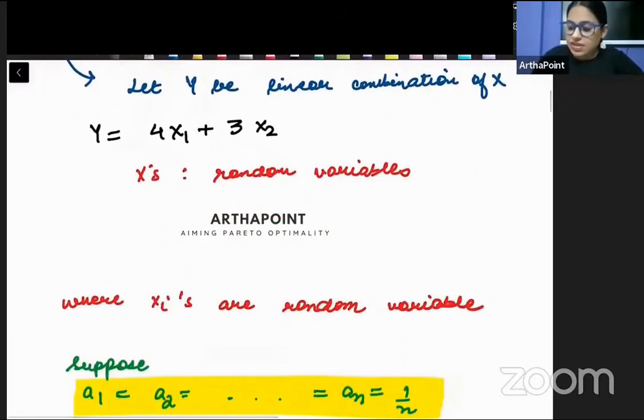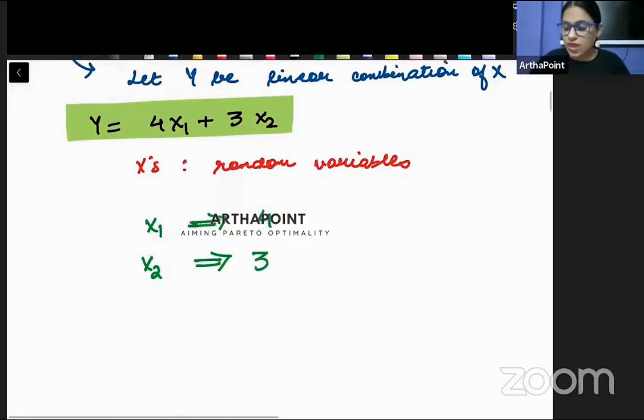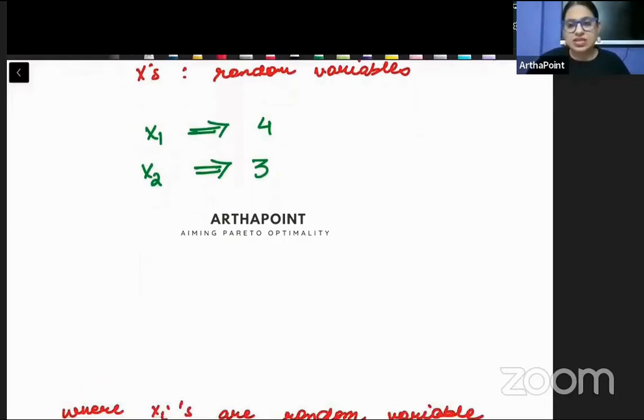सो जैसे हम यहाँ पर we can see that when I write y is equal to 4x1 plus 3x2, तो यहाँ पे हमें देखना होगा कि हमने x1 को जो वेटेज दी है that is 4 and x2 को हमने जो वेटेज दी हुई है that is 3. So we have given a weightage of 4 to x1 and 3 to x2. ऐसे ही हमने एक जेनरिक केस लिया. We have gone ahead and taken a generic case, and in that generic case, we are saying y is equal to a1x1 plus a2x2 and so on till anxn.